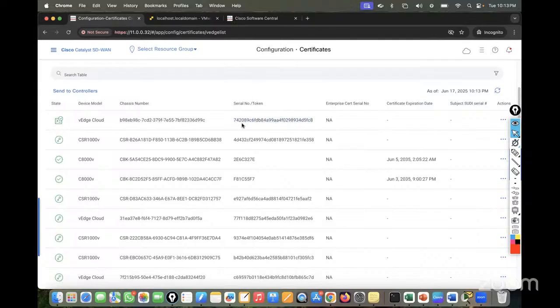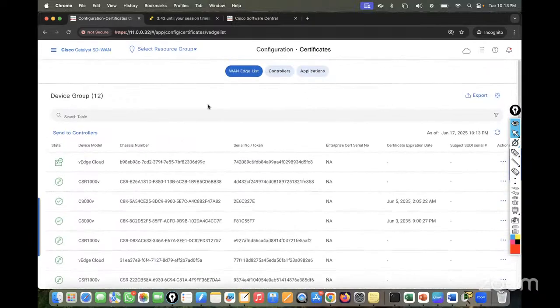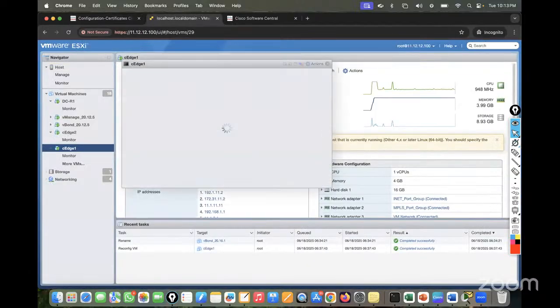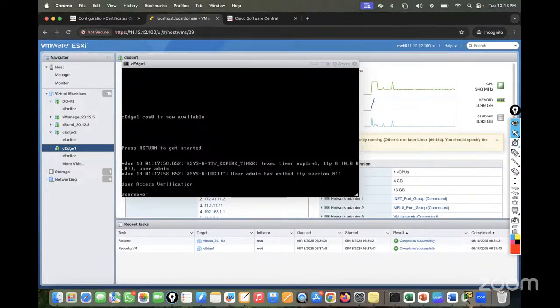If the bootstrap configuration is already generated, that token is already generated. You can see every device has a token number. So you have to go into the vEdge devices. Let me show you how you can go. Let's suppose this is one of my CH clouds, right? So let me see if I can take